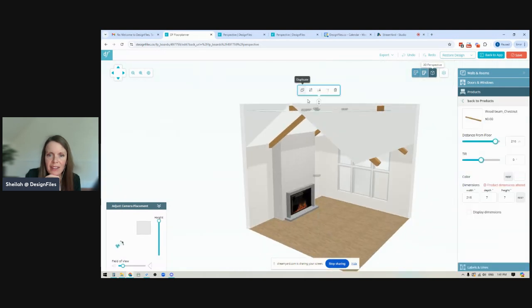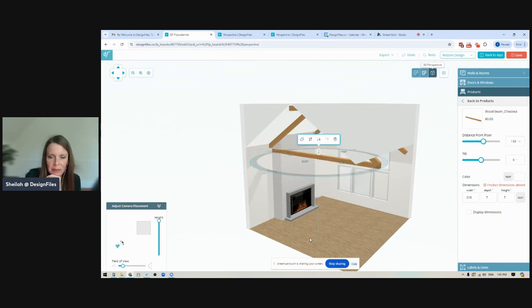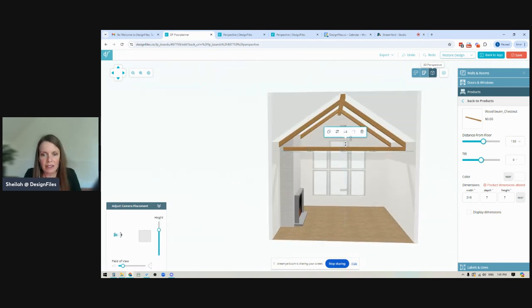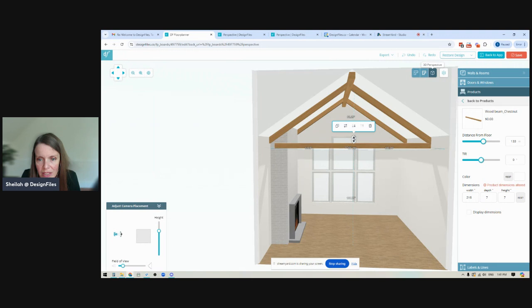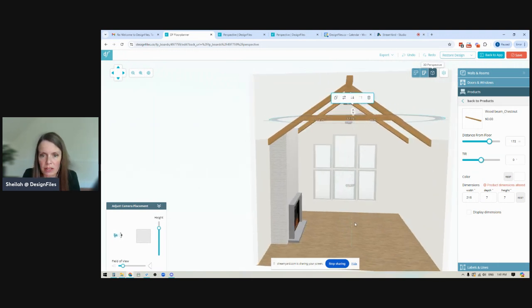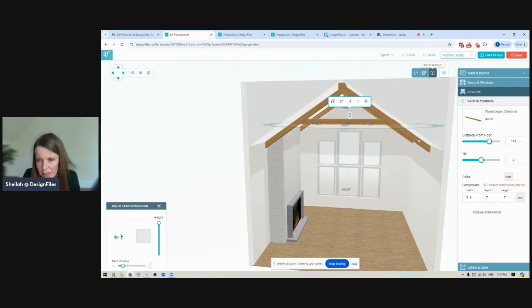There it is. I'm going to bring it down. Okay. So here, what we could do is you could lift this up and it would give you the cross beam, if you were looking at creating a look like that. It looks like this one I could probably shift out a little bit more just so that it's touching the